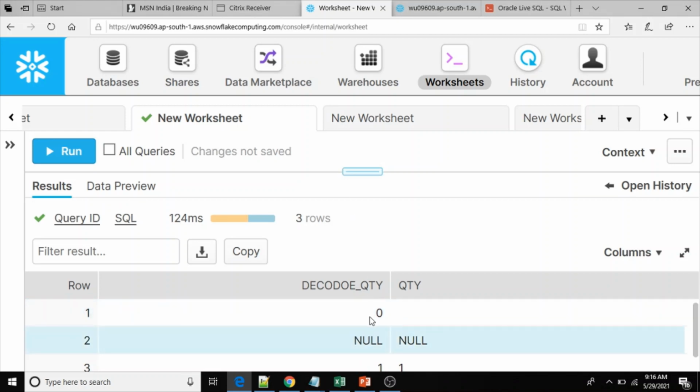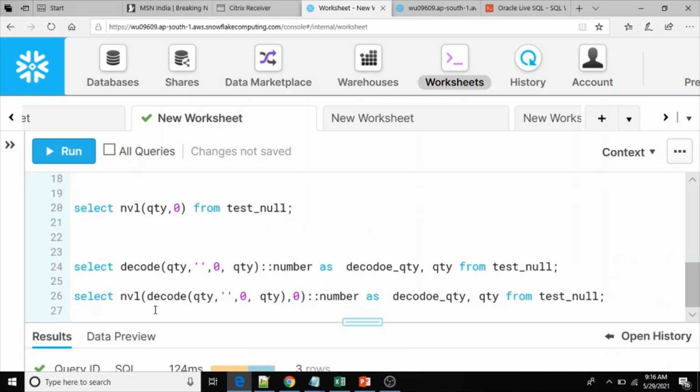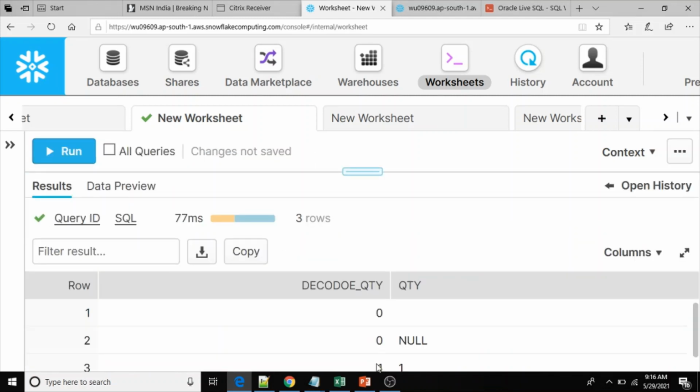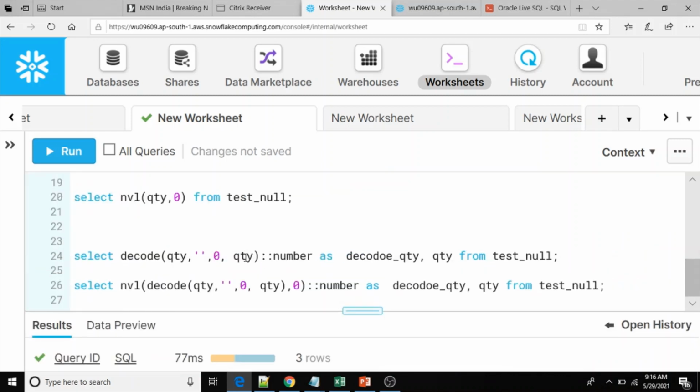In Oracle we got 0, 0, 1, but here we still see this null. Even this we can handle by applying the NVL function. Now you can apply the NVL because we already converted this into 0, so that you can convert the null. So 0, 0, 1 is exactly similar to the Oracle output. This is how you handle a single quote when it is present as part of the data instead of a null value.